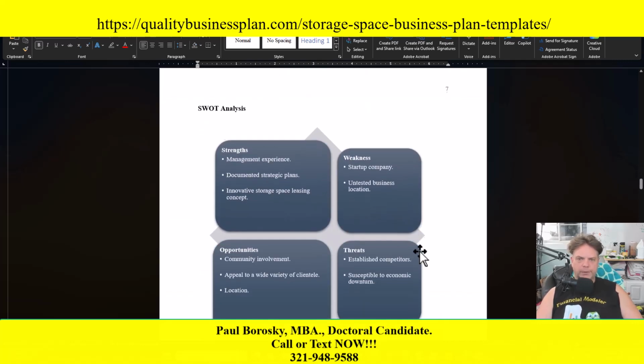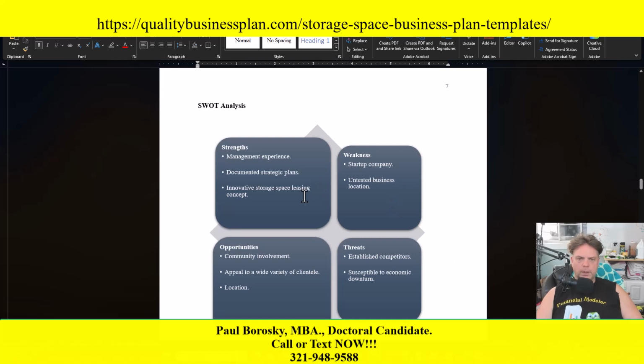And then also we're going to have your SWOT analysis. When you're doing your SWOT, that's just your strengths, your weaknesses, your opportunities and threats. You want it in pictorial form, just because people don't like to read it. So I like to put my SWOT analysis in a pictorial form. It's a little bit more appealing and less words, so people tend to read it more as compared to the